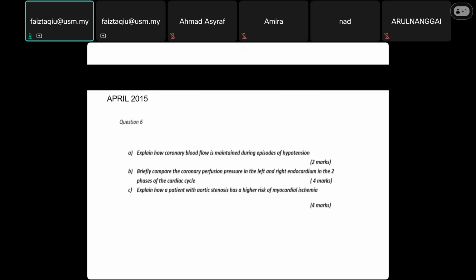Okay, good. Any questions before we end? Dia tahu which one dominant, left or right side. Itu because sometimes your sector mainly supplied by which side? The left side kan. Tapi there's also the condition in which your sector can be supplied by the right side, because it is the watershed area that can be supplied by the right side, can be supplied by your left side. So bila you dapat right side dominant, the supply of the right coronary artery is more extensive.